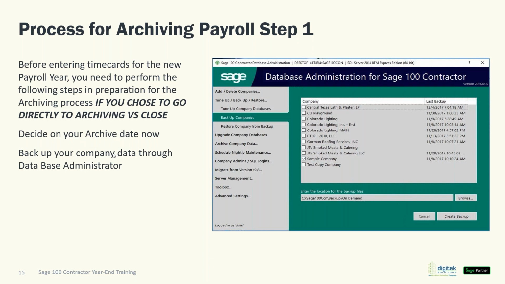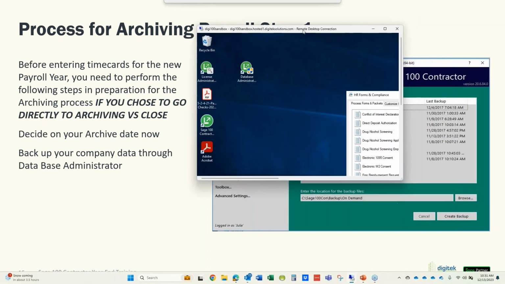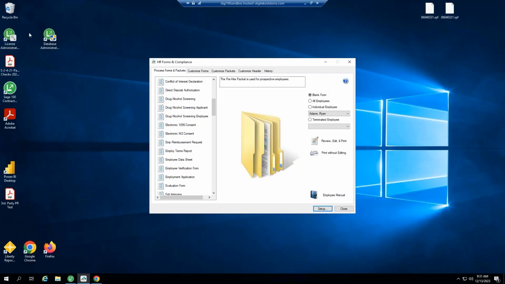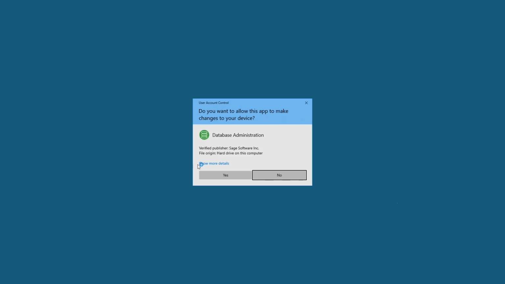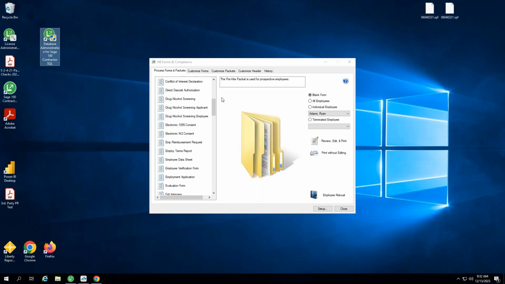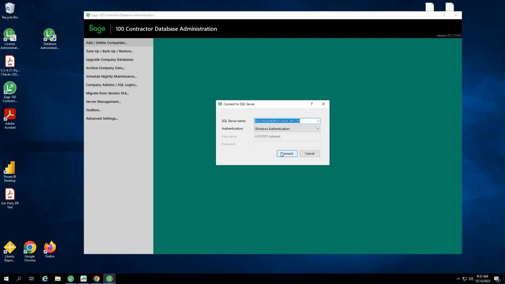Now, you can back up your data through the database administrator. And let's see if I can give you an example of that. Okay, so over here, if I wanted to go directly into my Sage software, I'm going to use this icon. If I want to go to my database administrator, this is how I have to get into it. And then when I log in,